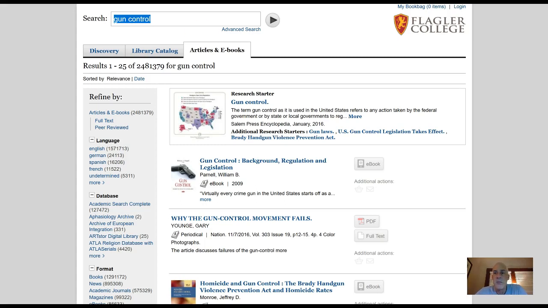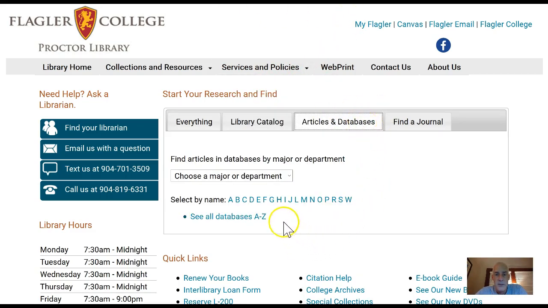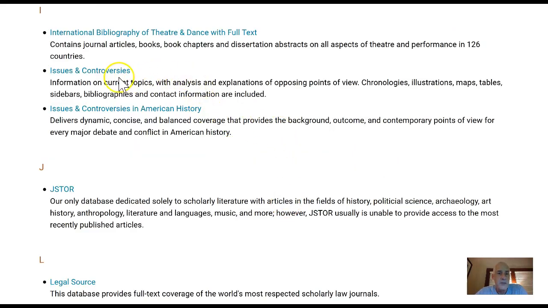Now let me go back to the home page and show you just one database, other than the Academic Search Complete, that I think might be useful for this particular paper and the remaining two for this class certainly. The name of the database is Issues and Controversies, so I'm going to click on Articles and Databases here and go down to the alphabetical list and click on I. And then there's Issues and Controversies right here. I'm going to click that,